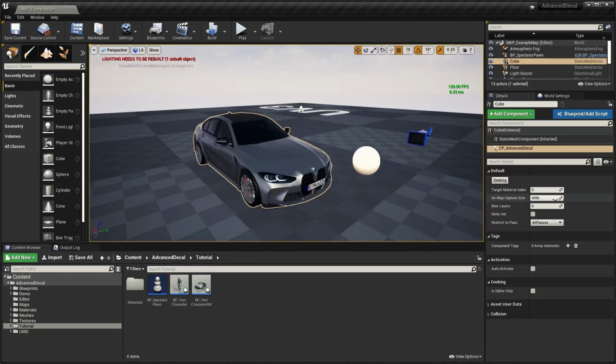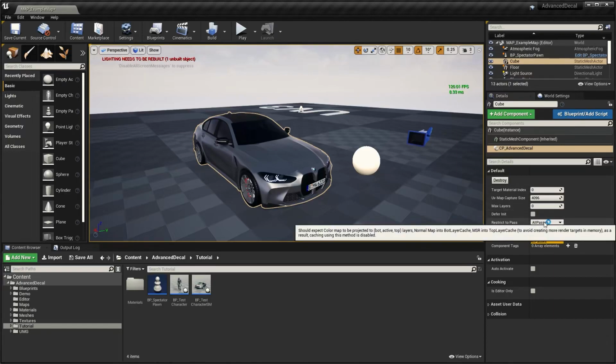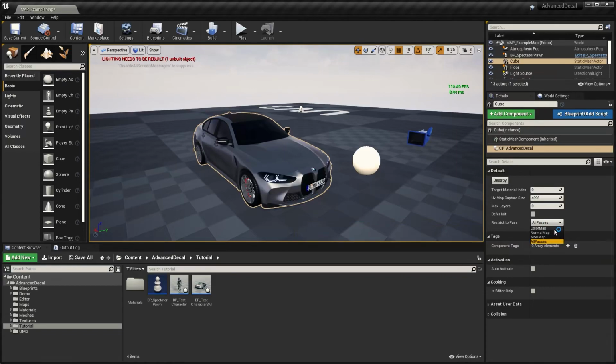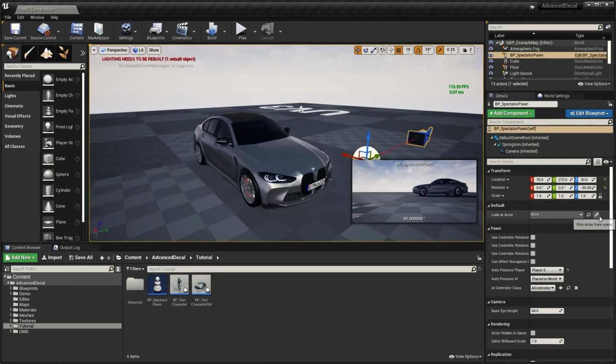And there won't be a need to initialize the component through BP nodes unless you choose to defer init in its default values. So you can choose the output size of your texture render targets to match any resolution you want, the target material slot you're projecting decals against, and the max number of layers, if any. Finally, we've added the possibility to restrict the projection to a certain pass if you have a memory budget to comply with. So let's just take a BP spectator pawn instance and set our look-at actor to this car mesh